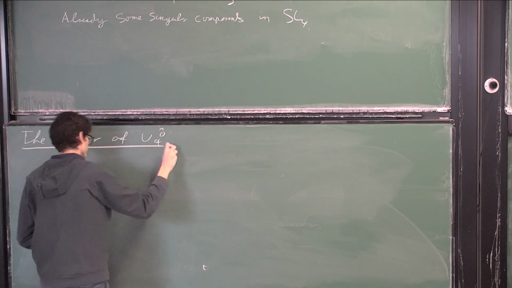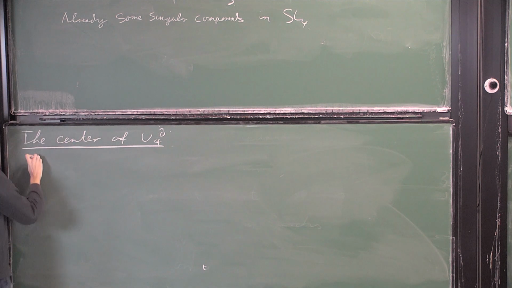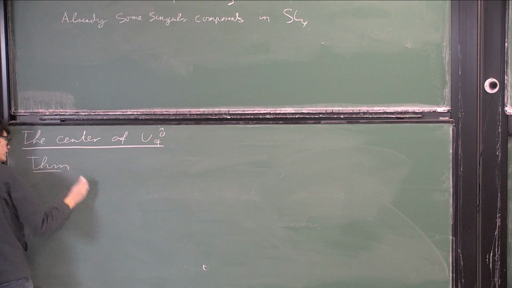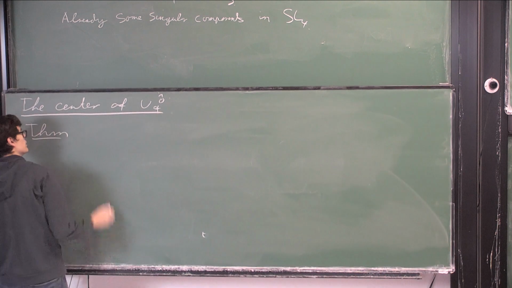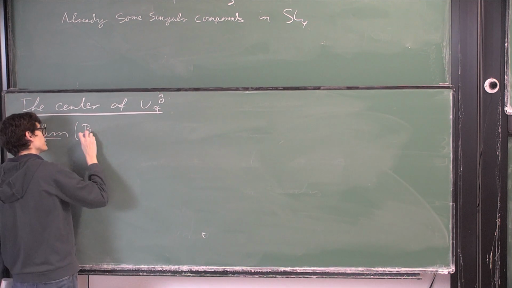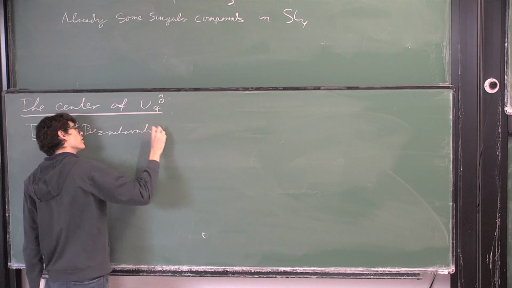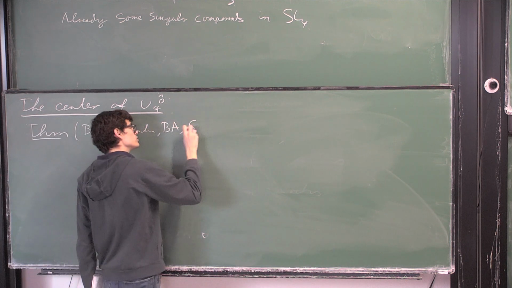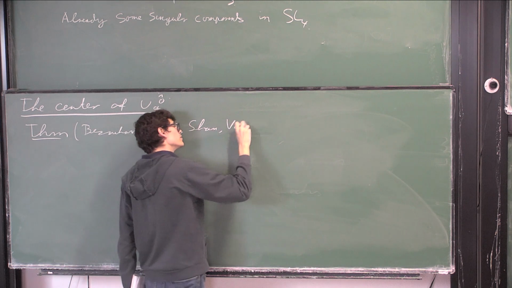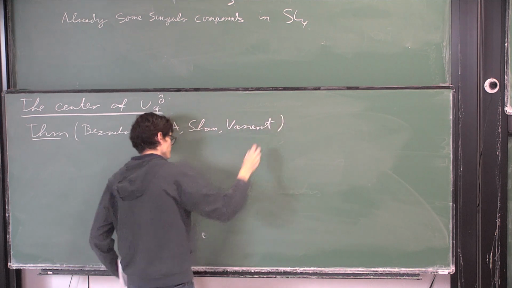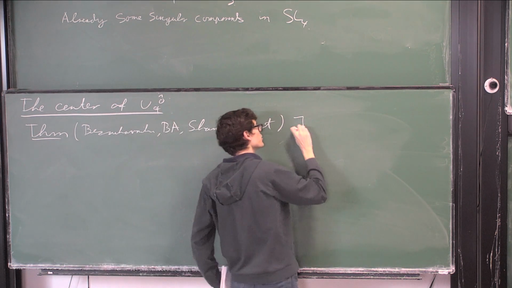So the theorem, joint with Bezrukavnikov, Shan, Vasserot, is that there exists a commutative diagram